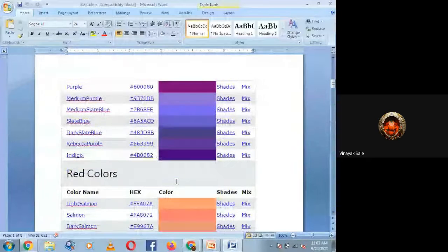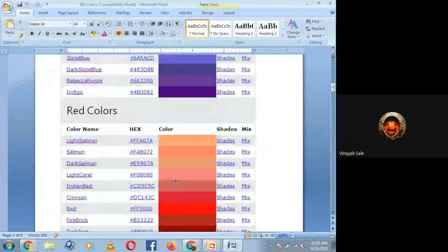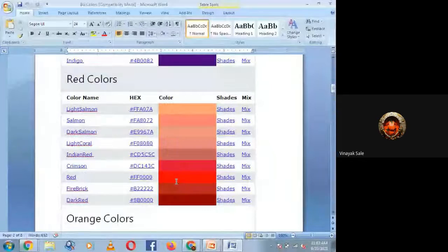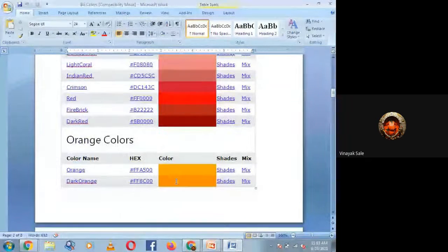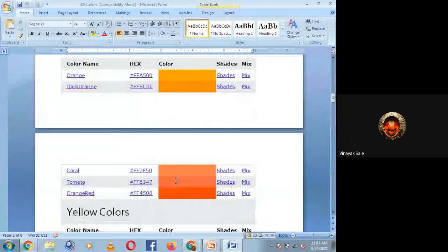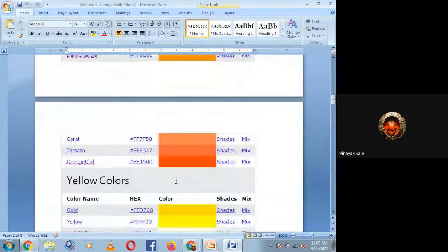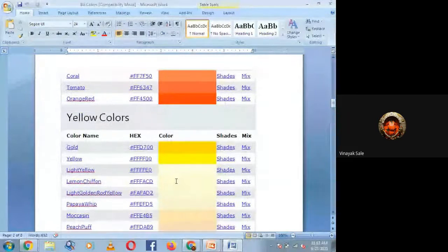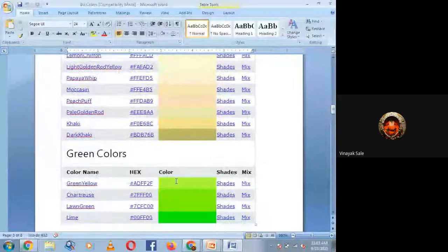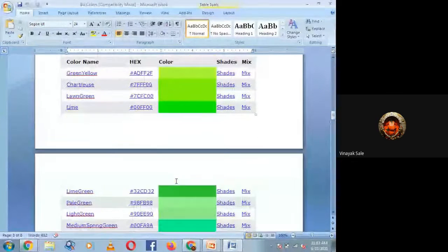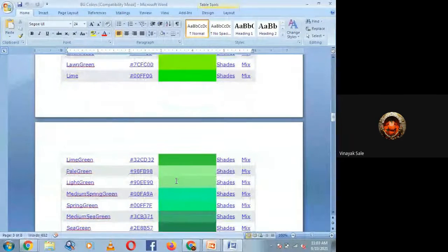Then in red color, orange color, yellow color, and green color there are different shades.